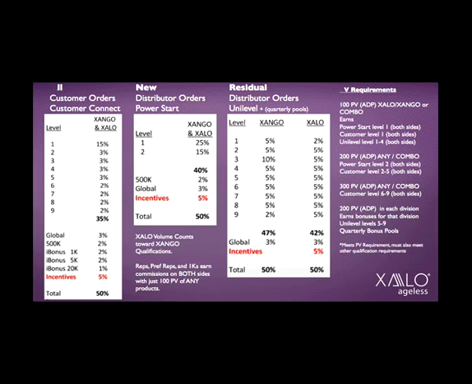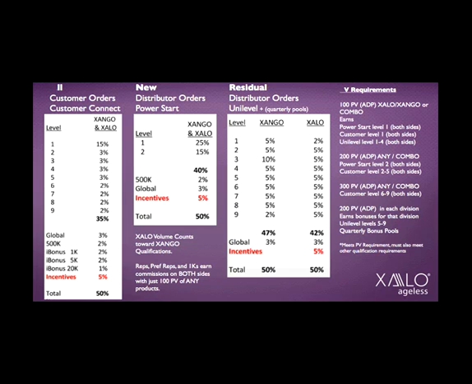Residual is what it's all about. We are leveraging ourselves to freedom. J. Paul Getty said, I'd rather earn 1% off the efforts of 100 people than 100% on the efforts of myself. Direct sales is the 100% on yourself. XALO, it's about leveraging yourself and earning 1% off the efforts of 100 people. So that is our residual. That is, you bring in your distributors and your customers, and now they're ordering next month, next year, 10 years from now, they're placing orders, and as that happens, we earn off of our unilevel, the 9-level unilevel.